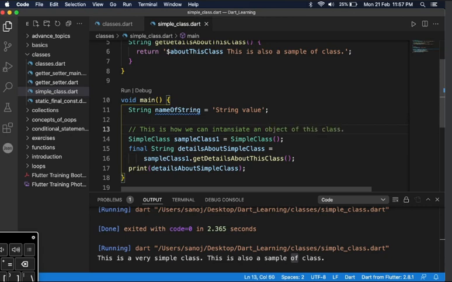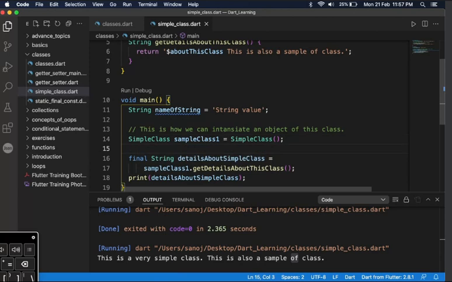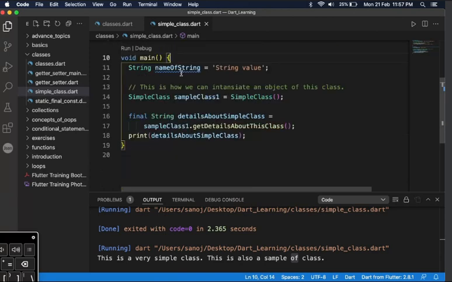This is how we can instantiate an object of a class, or simply we can say this is how we can create a variable of a certain class. This is pretty much similar with this. You can also